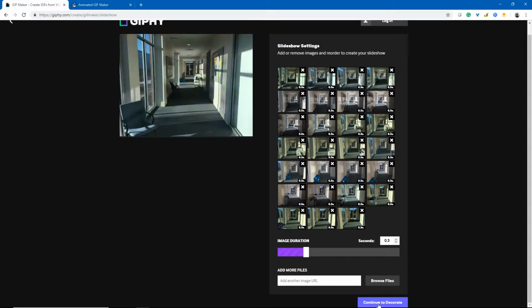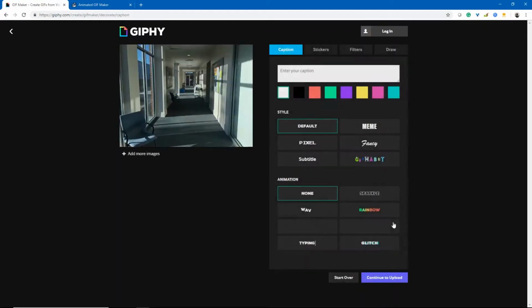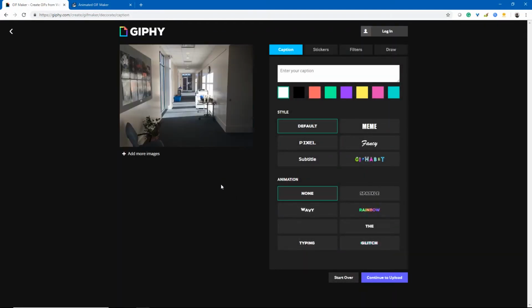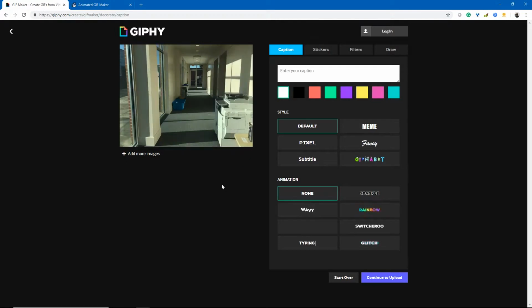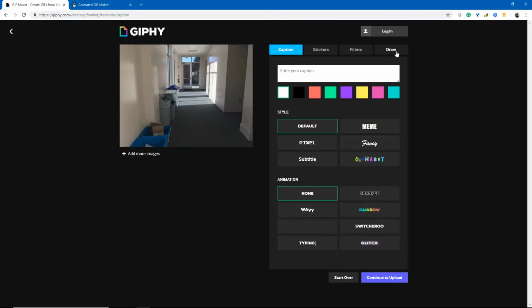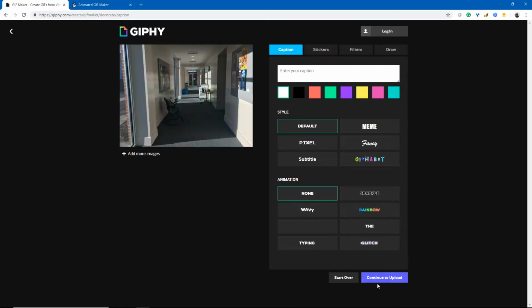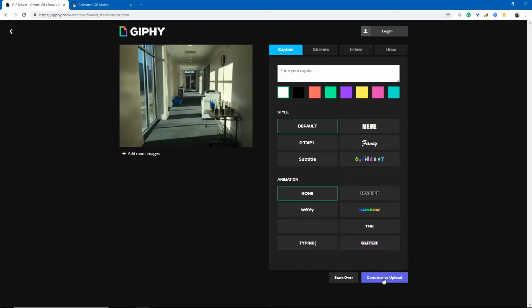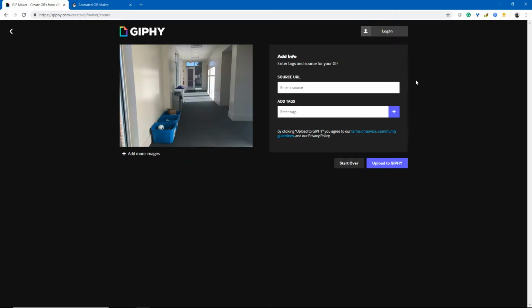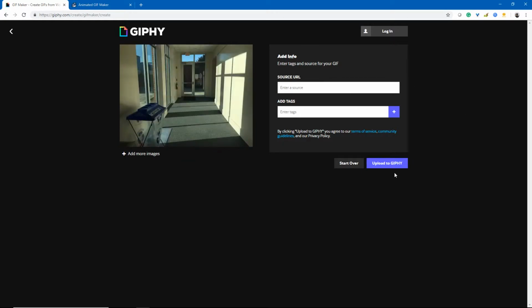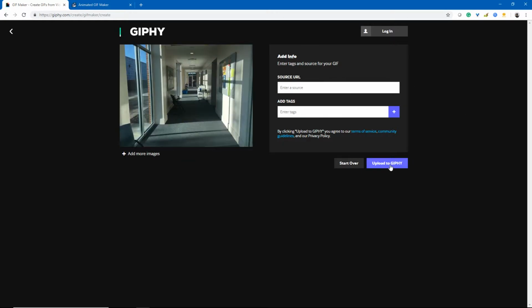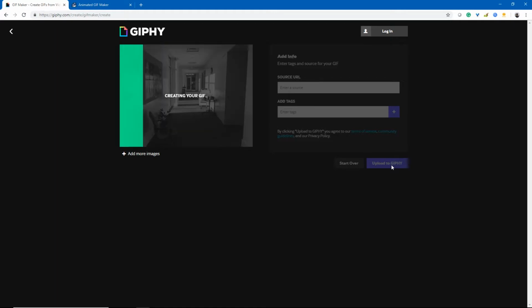So the cool thing about this is I'm pretty much done. If I hit Continue to decorate, I can add some decorations, but really that's not that impressive. There's some filters, or I could even draw on top of it. But whenever I'm done with that, I just hit Continue to upload, and it'll allow me to upload that image to Giphy and create a link for it. So if I hit Upload,